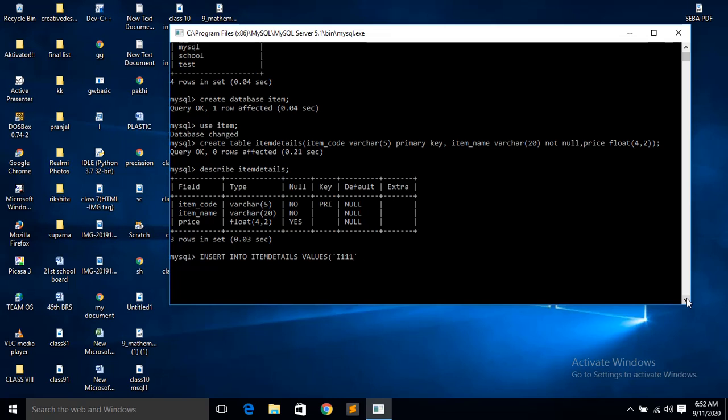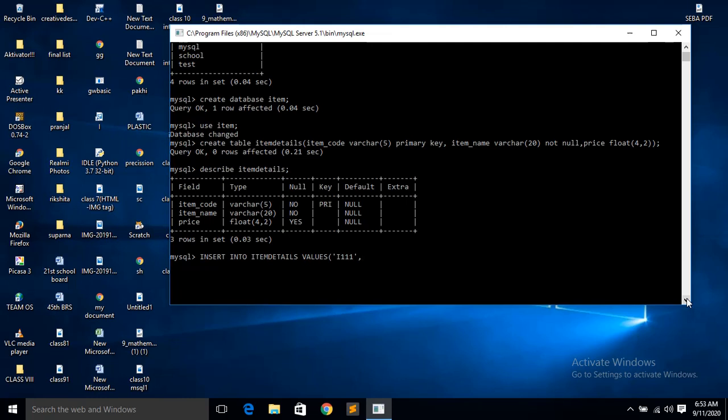I have given I111, then comma. Every data value is separated by a comma. If you miss any comma, semicolon or quotation, it will show you an error. So be careful when you type the command. After that, item name.